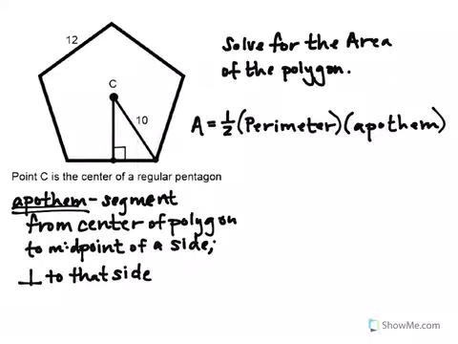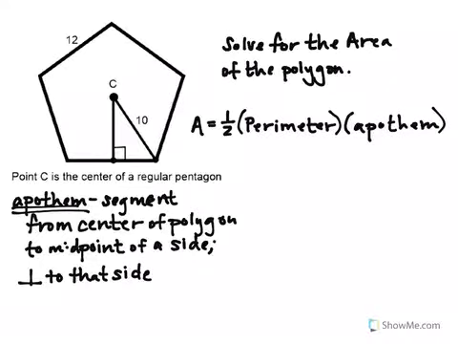Here we're asked to solve for the area of the polygon. And we see that C is the center of this regular pentagon. Pentagon meaning 5 sides. Regular, this is an important characteristic. Regular meaning that all of the side lengths are congruent. So that's the first thing that we can do here, is recognize that we have a side length that is